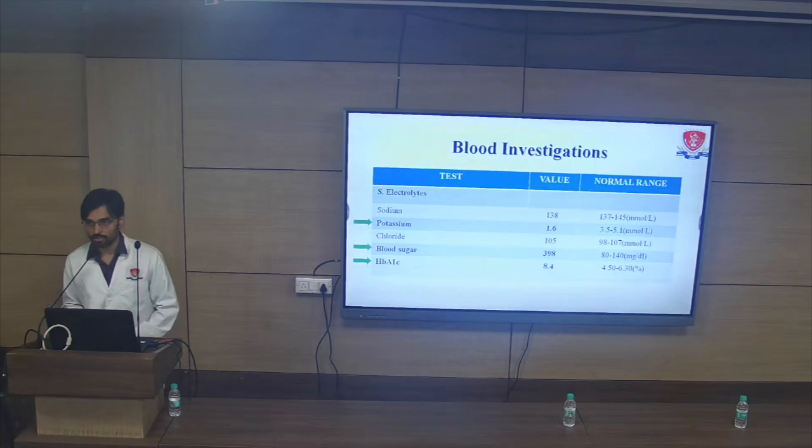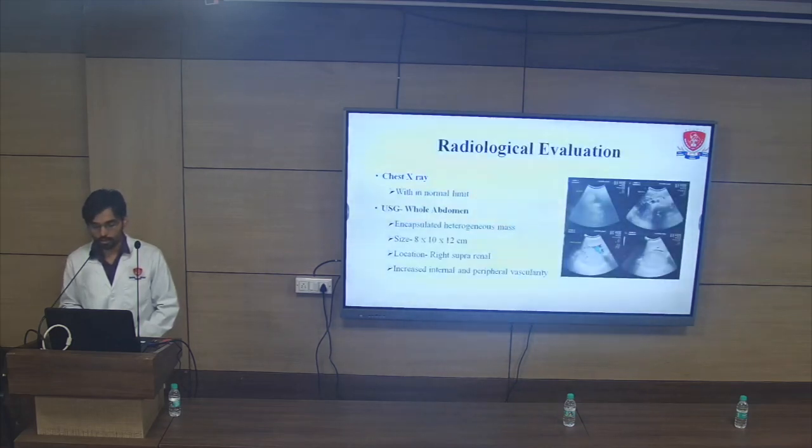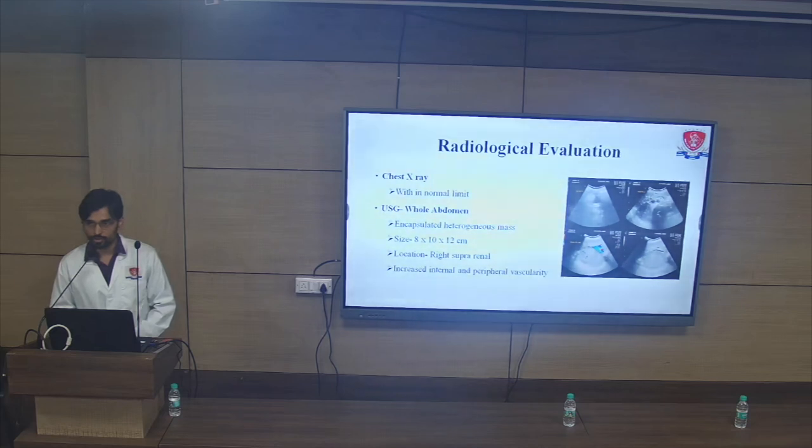In serum electrolytes, serum potassium of this patient was 1.6, which is below the normal limit of 3.5. Random blood sugar level was 398, which is above the normal limit of 140, and HbA1c is 8.4. We also requested a chest X-ray, which is within normal limits, and ultrasound whole abdomen, which shows the encapsulated